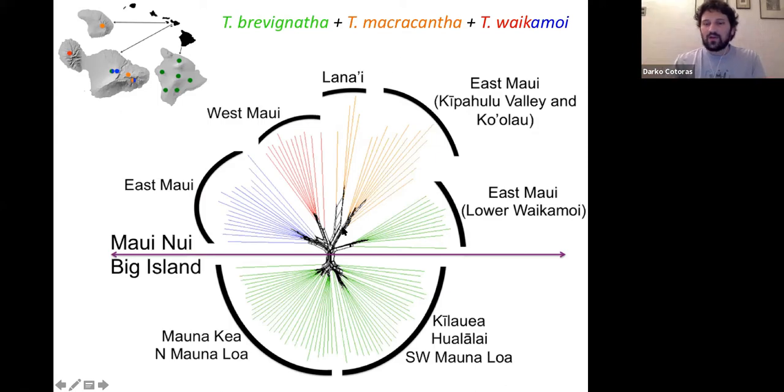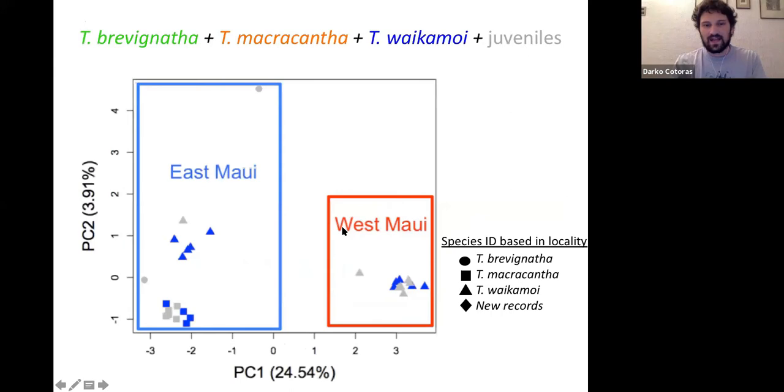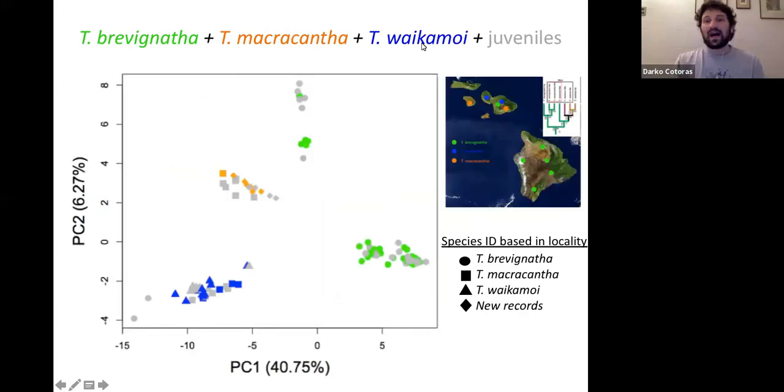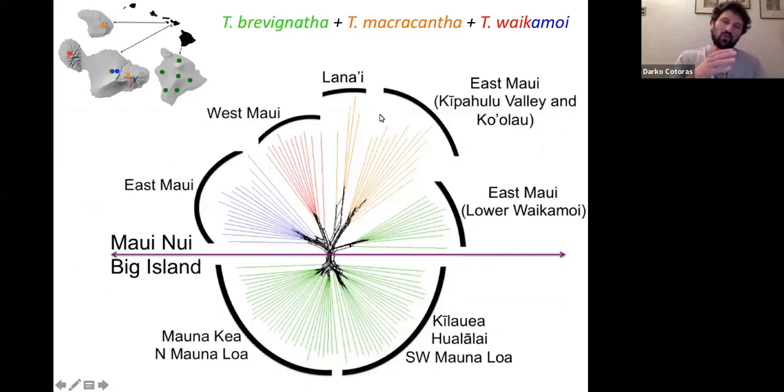Interestingly, Macracantha, which in the principal component analysis appears as a single cluster, now splits in two groups, Lanai and East Maui or Haleakala, which biologically makes sense. And Waikamoi, which has populations on West and East Maui, also separates, but has a common root. So biologically makes sense. What matters here is that the individuals of Waikamoi that showed up overlapping with the other species cluster with the rest of the species, and they're